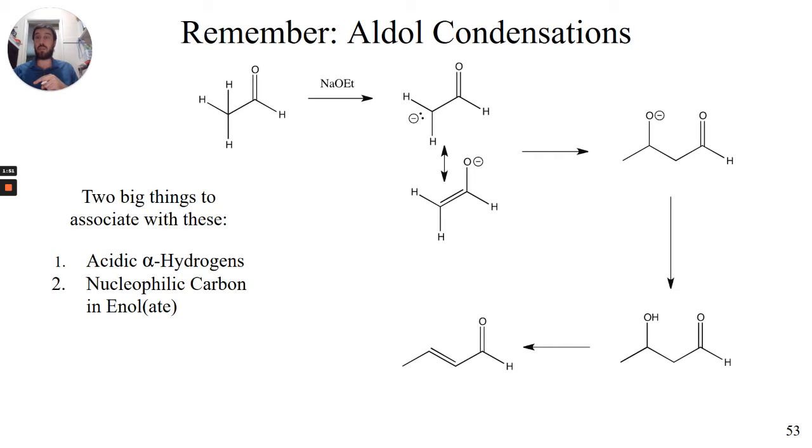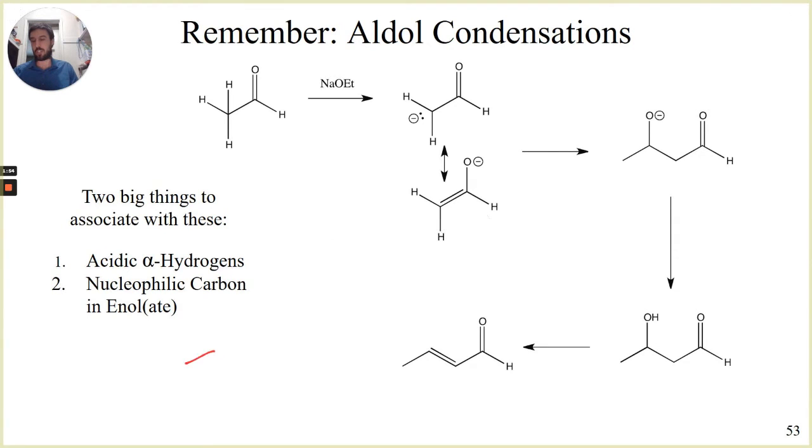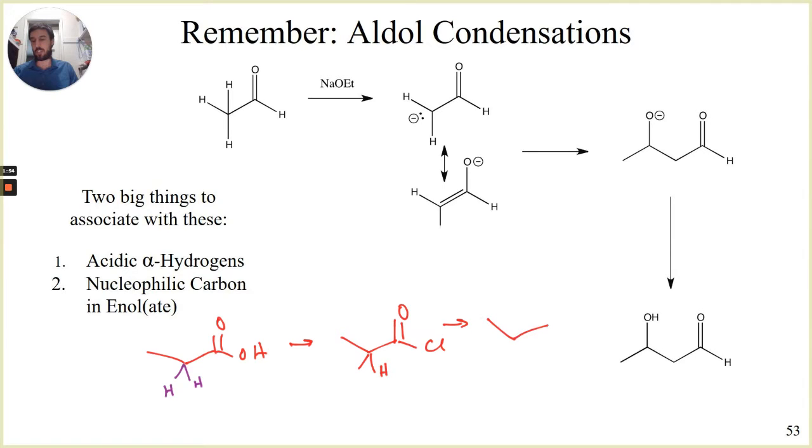And then, sure enough, we've actually already seen this. If you think back to the Hell-Volhard-Zelinsky reaction, which I think was actually the last lecture, in that case what happened was that we took these alpha hydrogens and were able to run a substitution reaction with them. We were able to do that because we first converted it to the acid chloride, and now under acidic or mildly acidic conditions, those hydrogens are slightly acidic, and can be removed